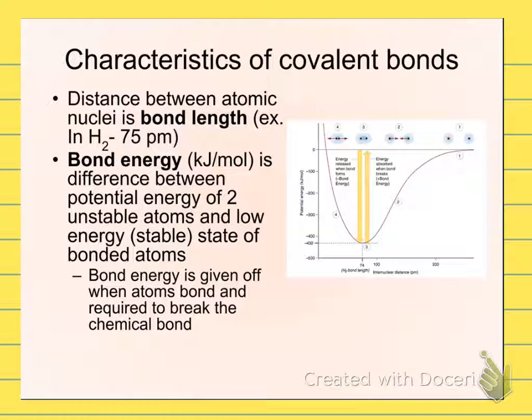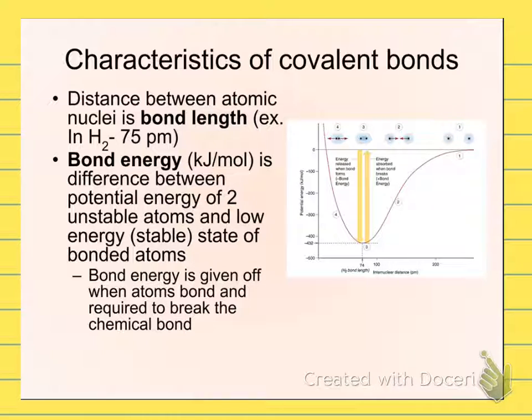This is where we get into the conversation about bond length. And bond length is very simply the distance between the atomic nuclei in two bonded atoms. Bond energy is the difference between the potential energy of the two unstable, unbonded atoms and that low energy condition